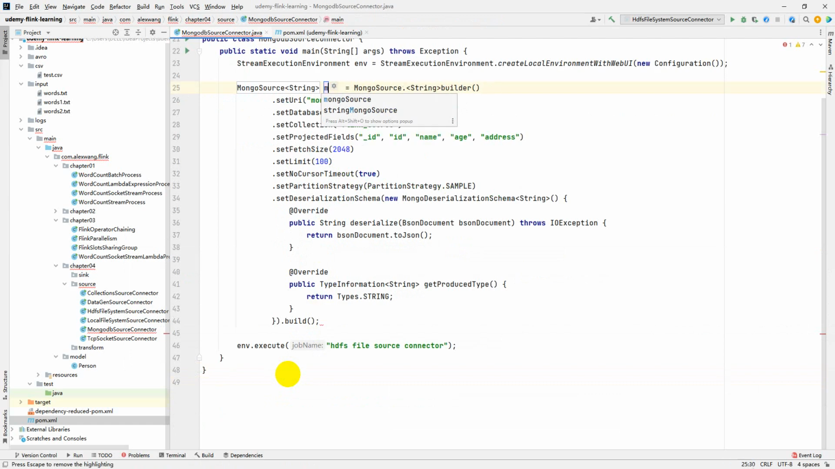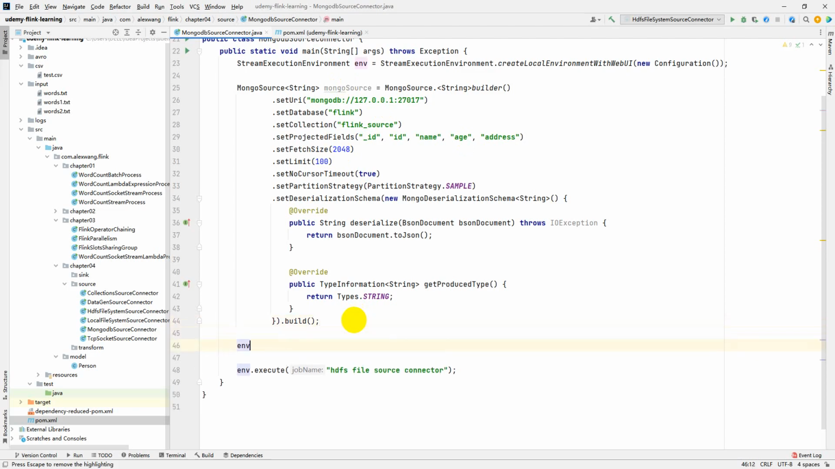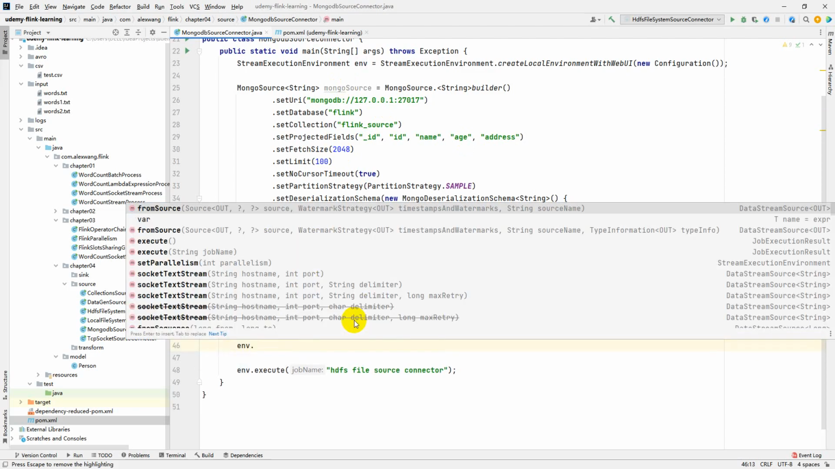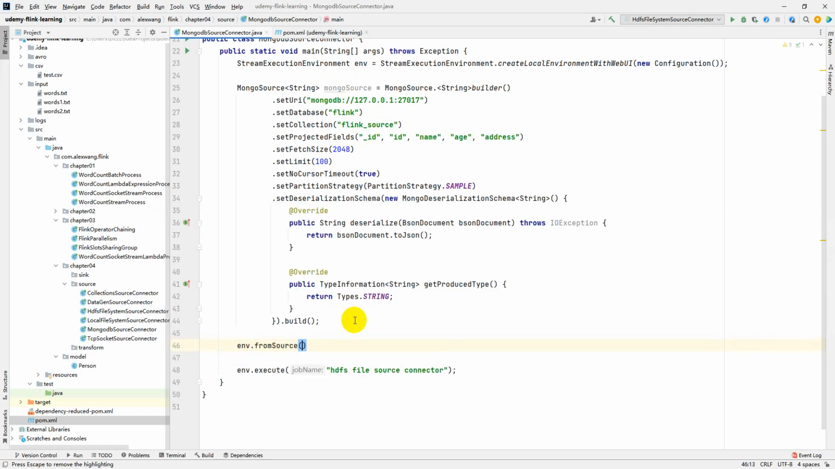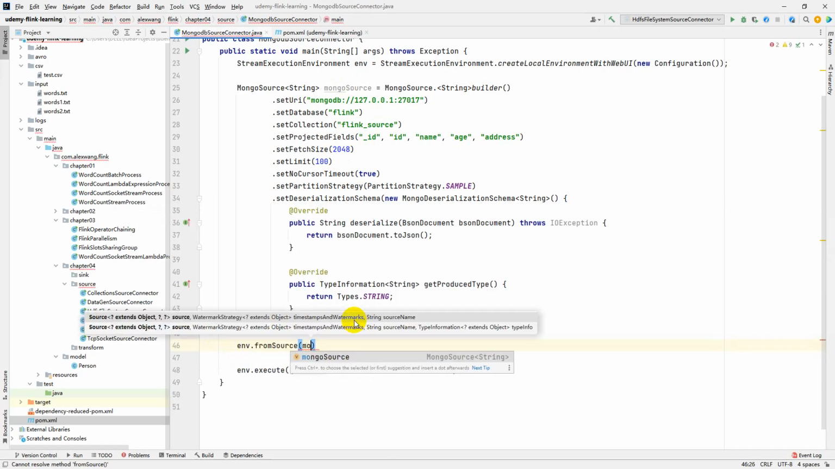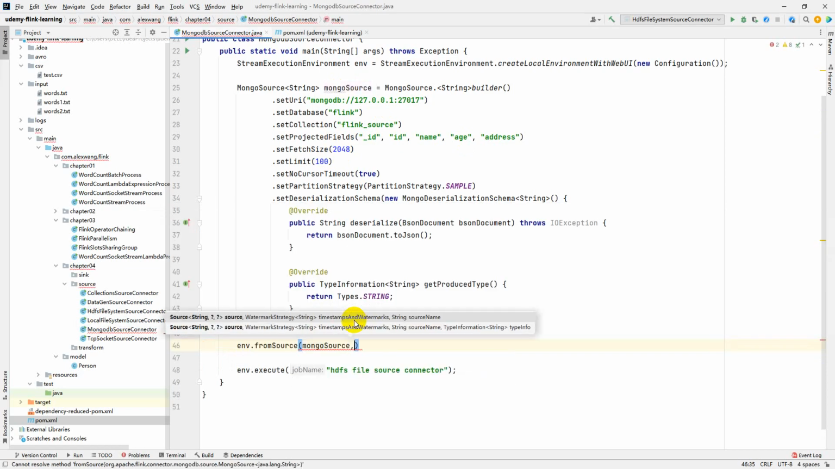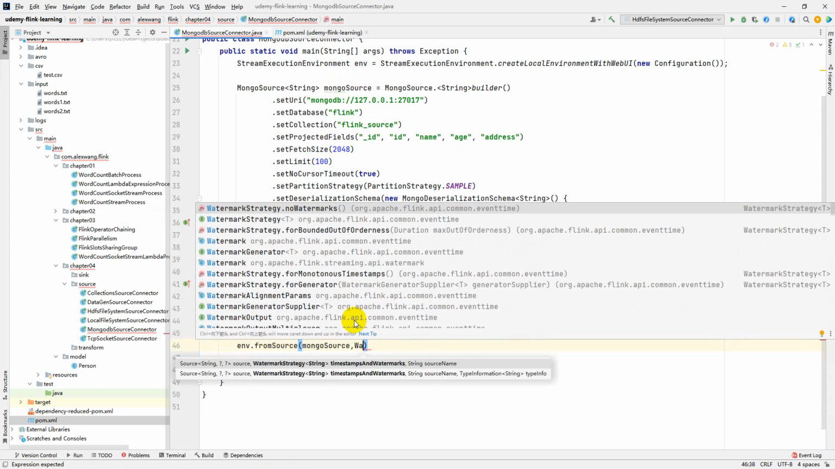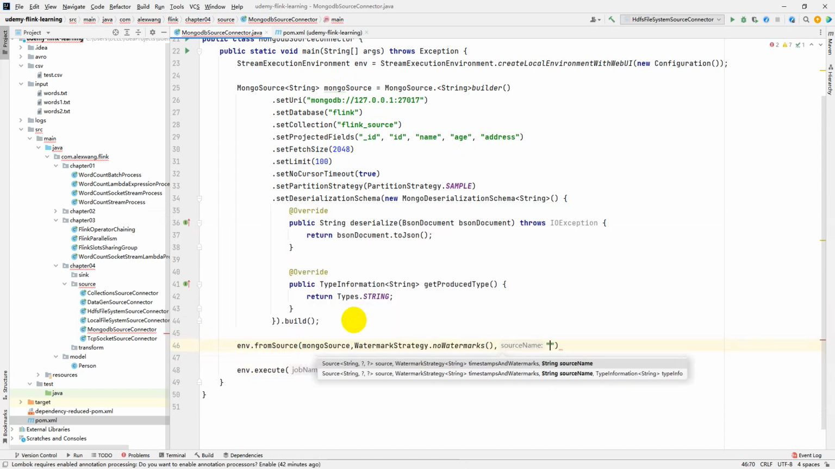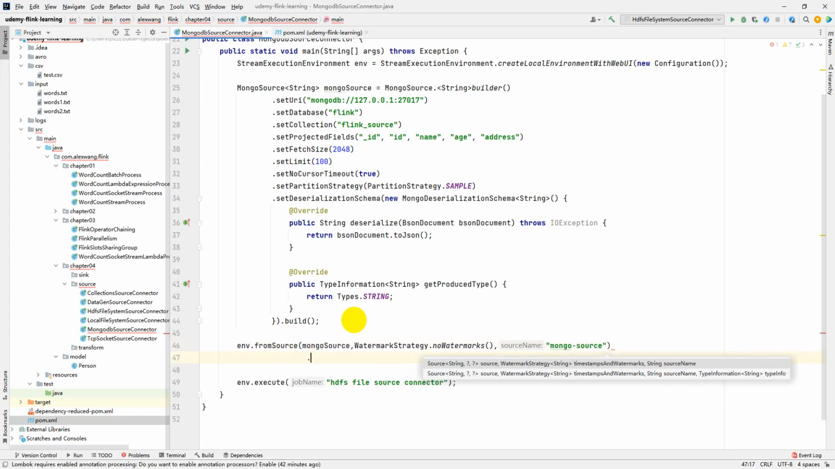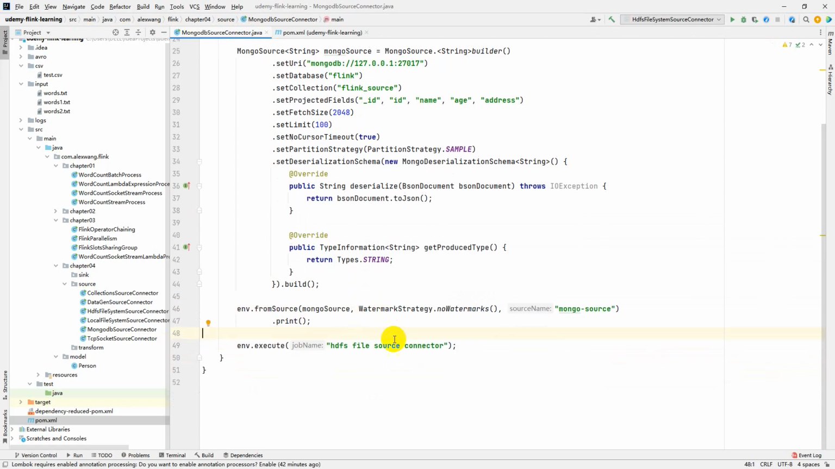And call the build method, we will get the MongoSource here. Pretty cool. And here, let's add the MongoDB source into our DataStream pipeline, calling the fromSource method, specifying the MongoDB source and the watermark strategy, and giving the name Mongo source. We just simply print to the console and change the job name